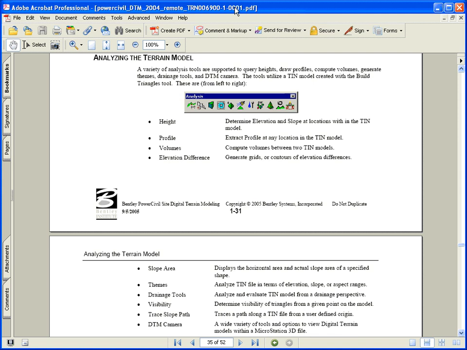During this video exercise, we will take a look at the PowerCivil DTM analysis tools, and specifically the height tool. There's a tool palette for analyzing surfaces or terrain models. On that tool palette, you'll find tools to check elevation, to cut profiles, do volumes,